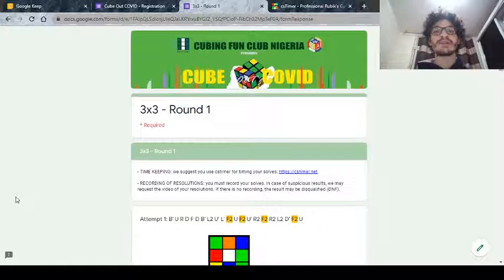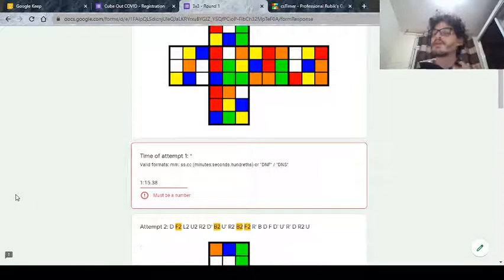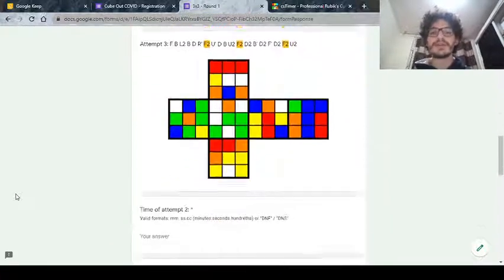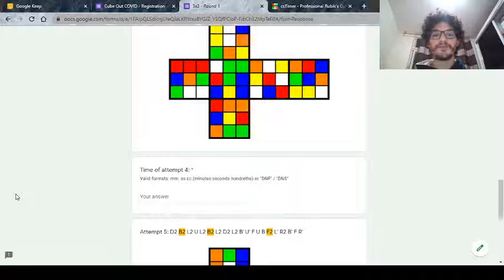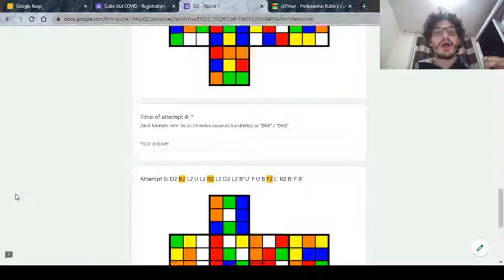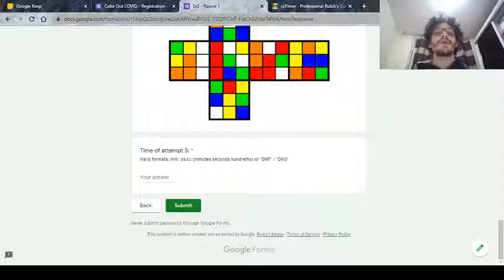You will get the link for this form at the start of the 45 minutes, and after the 45 minutes have passed, you will not be able to send results in this form. So it's very important that you pay close attention to the schedule so that you know when to compete and that you don't miss out on the events